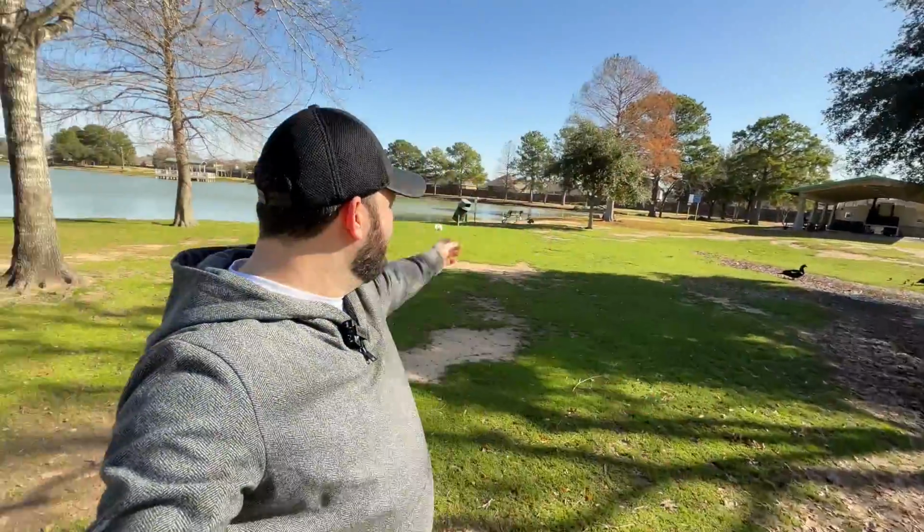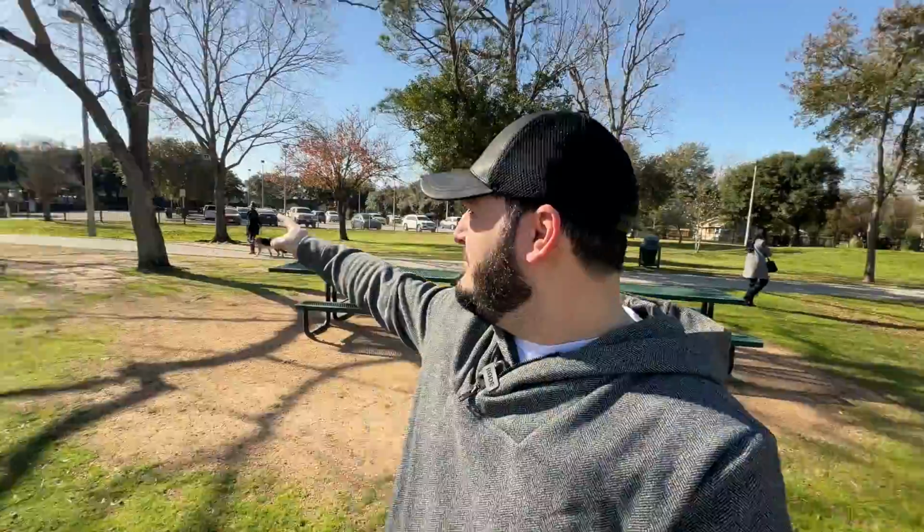You've got a huge lake behind you. There's tons of park benches. There's even places for you to cook and to grill. So you can actually rent out the pavilion there if you have parties with your family and get-togethers. People will come out here and they'll actually fish in the lake. You've got lots of ducks. I don't know if you can see them behind me, but you've got ducks that you can actually feed. They hang out here. People are always walking their dogs and hanging out with their family, throwing their baseball around. And actually, right outside of where we are, there are actually baseball fields. So a lot of the little leagues will play in the baseball fields right here outside of Mary Jo Peckham